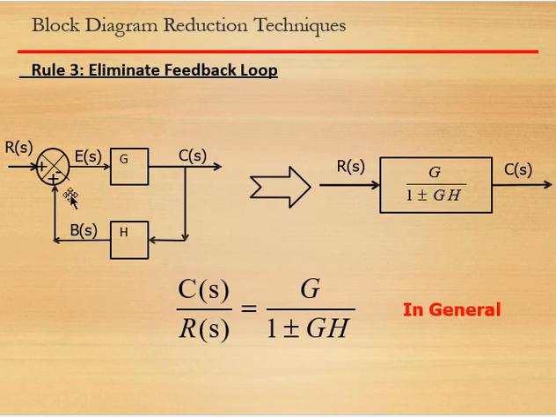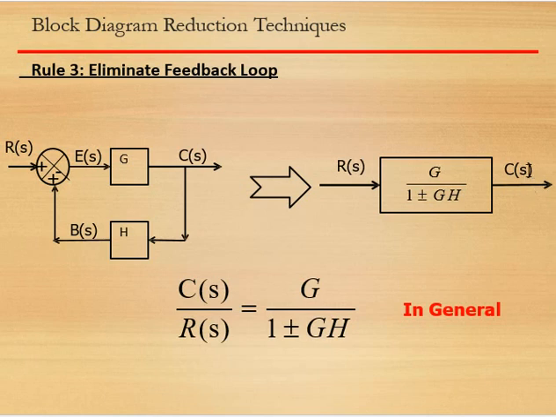If you see, there is a positive and a negative sign. It means you can use positive feedback if you want, and if you want negative feedback you can use that. That's why I have mentioned two signs. As per the positive or negative feedback, this equation will change. Generally we can say that for this system the transfer function will be G divided by 1 plus or minus GH,